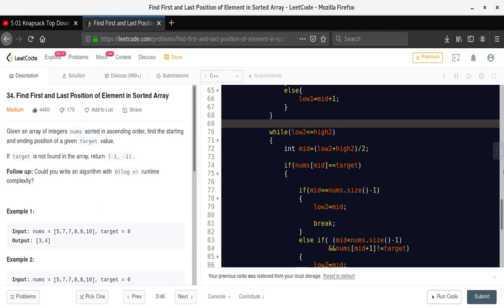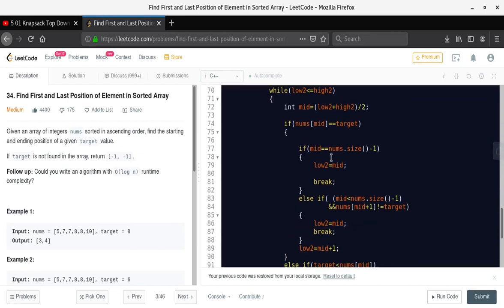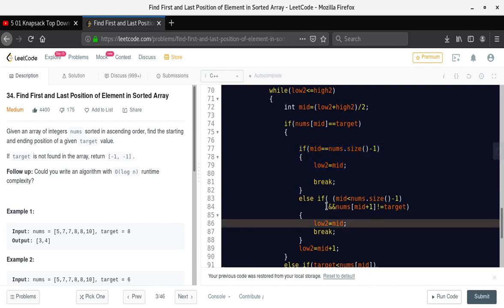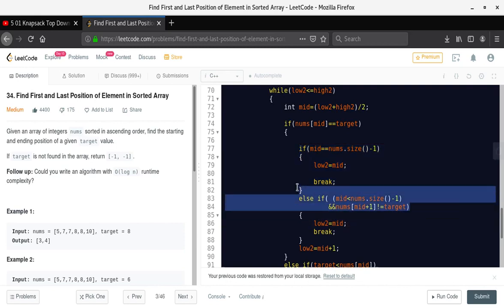We are doing the same, but with a simple modification in this part. There we are checking for 0, but here we are going to check ahead. We are checking +1, right? So we have to check if mid is not equal to size -1. So here the corner case will be different, and this is our if condition.